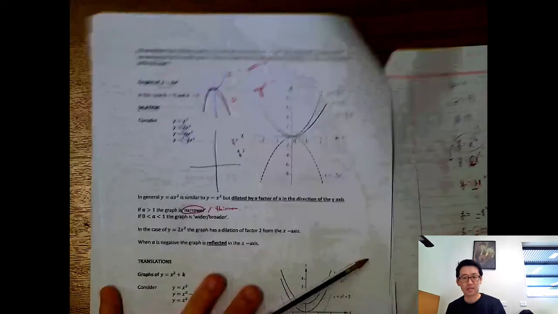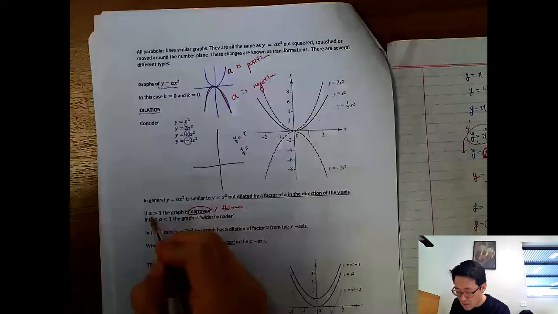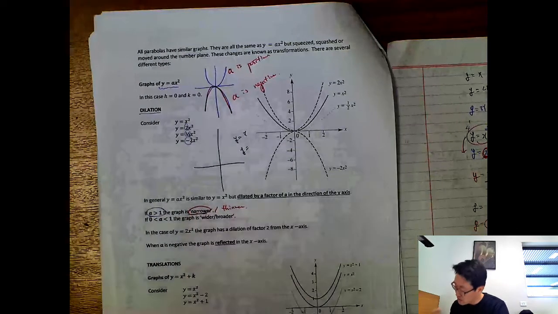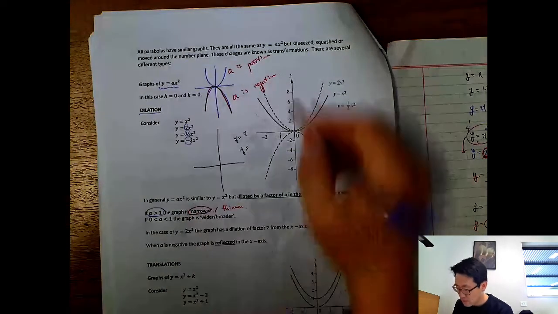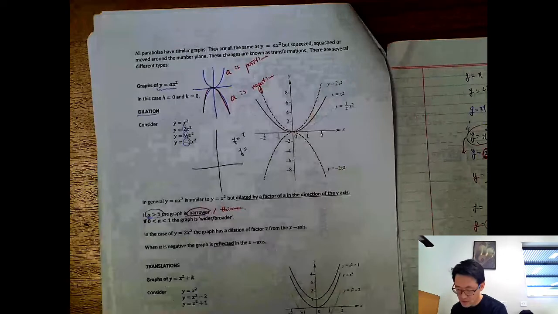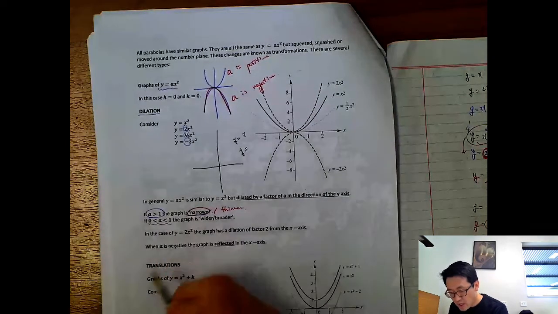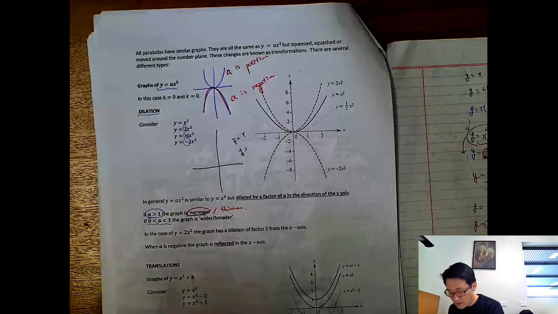That's why they write down: if a is bigger than 1, the graph is narrower. That's what they're telling me. Narrower. And if a is between 0 and 1,